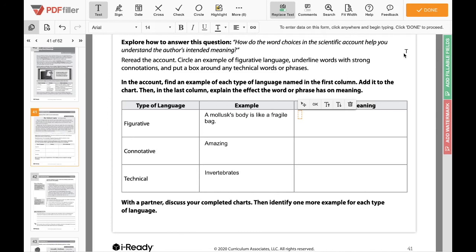So I think when the author uses this, they're using a simile, obviously. So they are comparing the mollusk body to a fragile bag. Now the question is not what are they doing, but more so why are they doing it? And this does what? What does comparing the mollusk body to a fragile bag help us do? This helps us to what? What did the acrobat simile help us to understand? To better visualize or understand